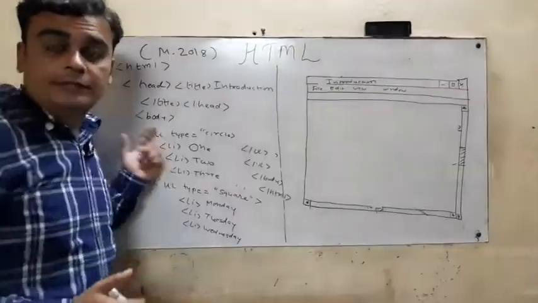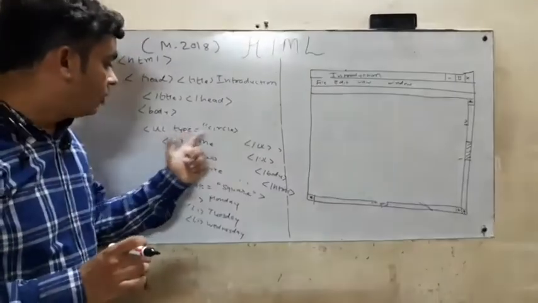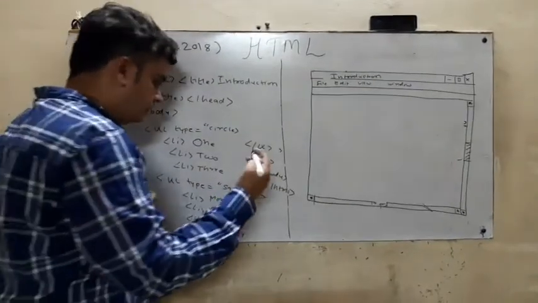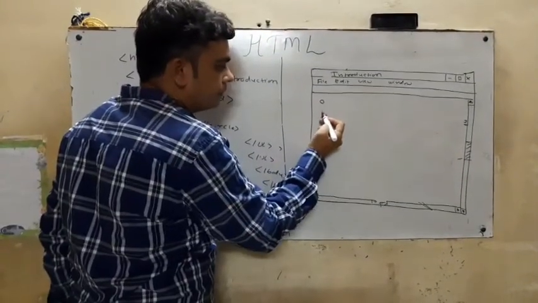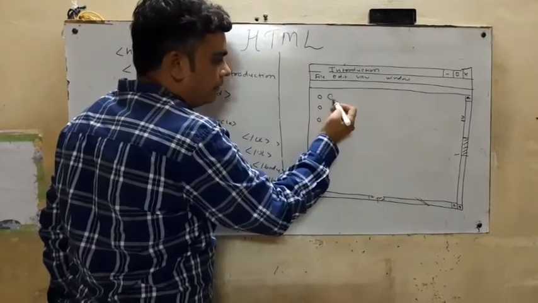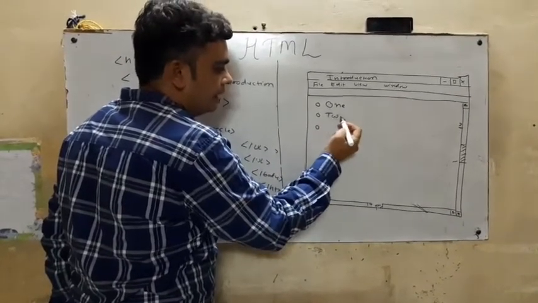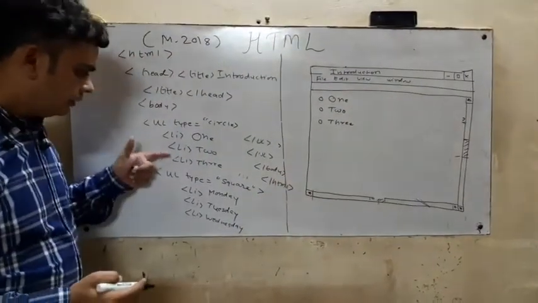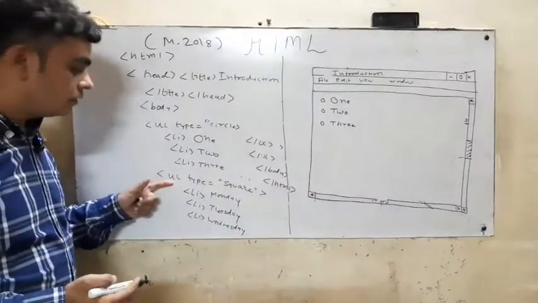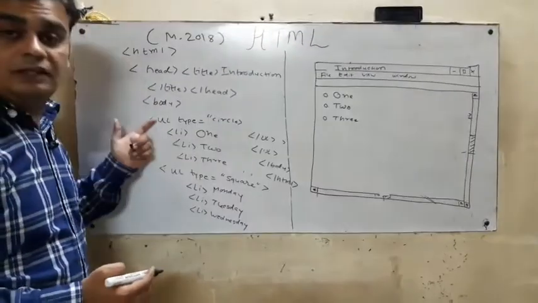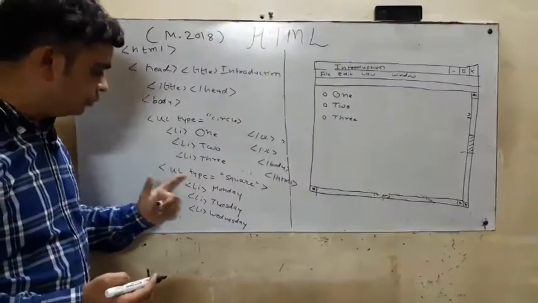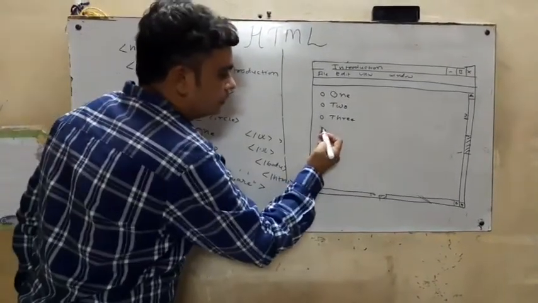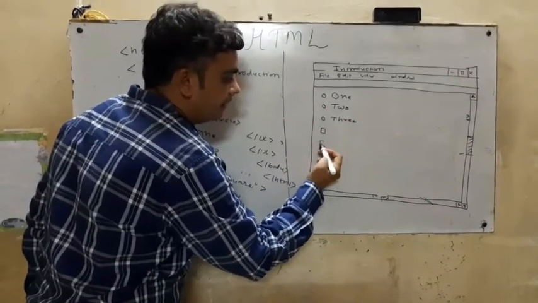The UL tag is there, so it represents an unordered list, and all the elements are represented by circles. They represent 3 different elements. These 3 elements are represented by circles, and my first element is 1, second element is 2, third element is 3. Thereafter, there is one more unordered list. It is called a nested unordered list. UL type is equal to square, and they also mentioned three different elements. These three elements are represented by squares.